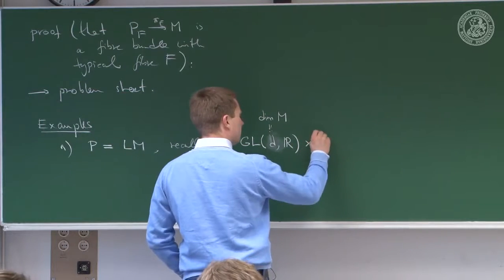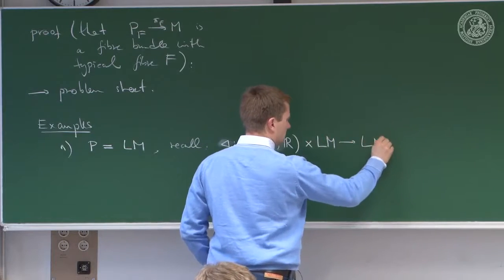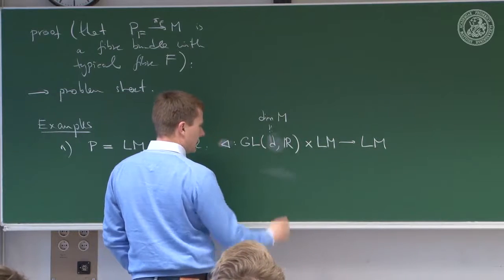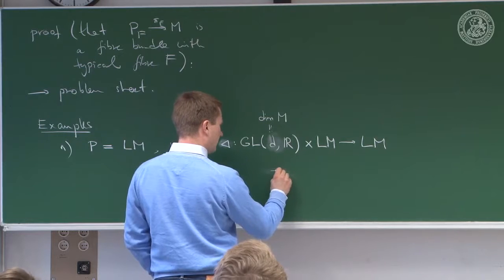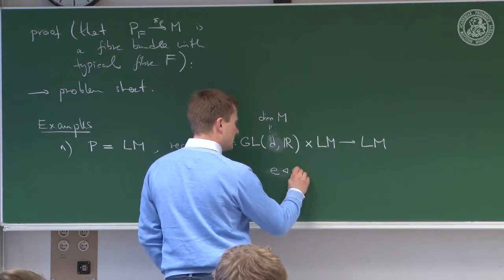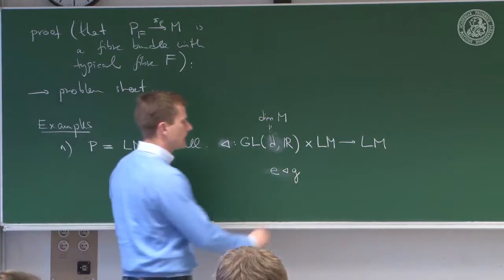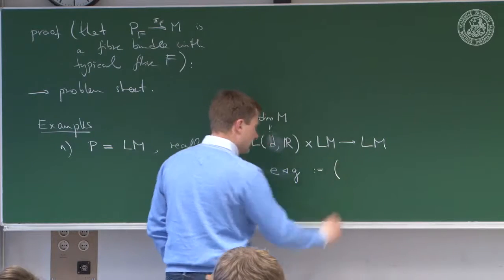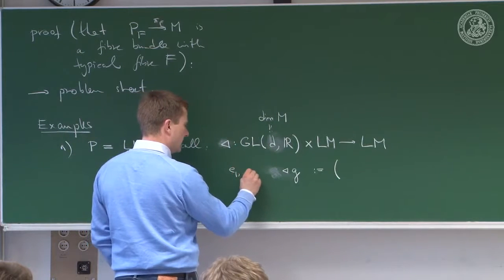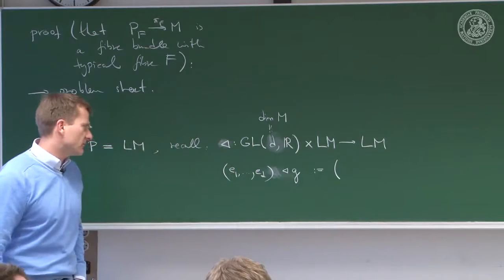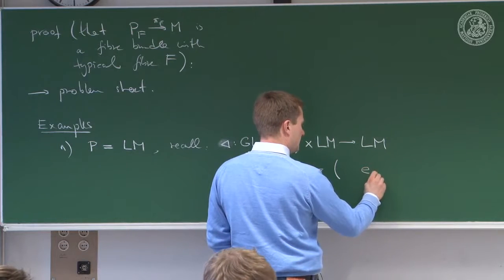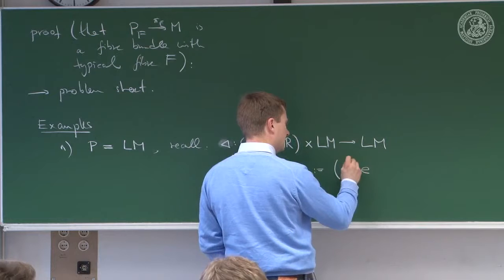You have such an action on the frame bundle, and it is given by acting on a frame, which we write e, from the right by an element g of GL(D, R). So if we write the entire frame, that's e_1 to e_D, and you act on this from the right by g, then this is afforded by the new frame e, and you have a